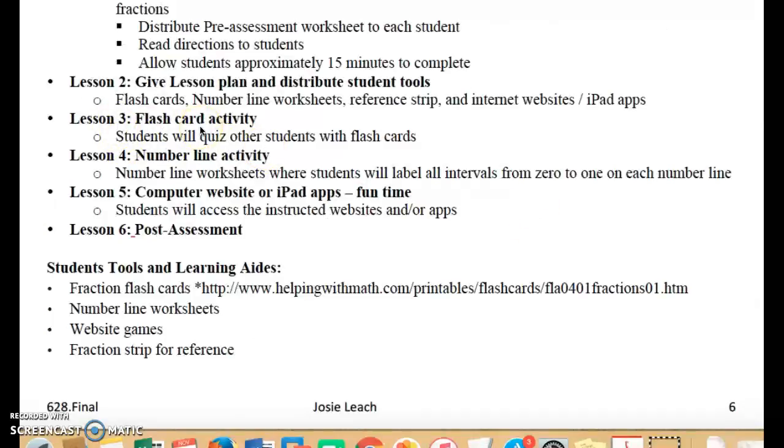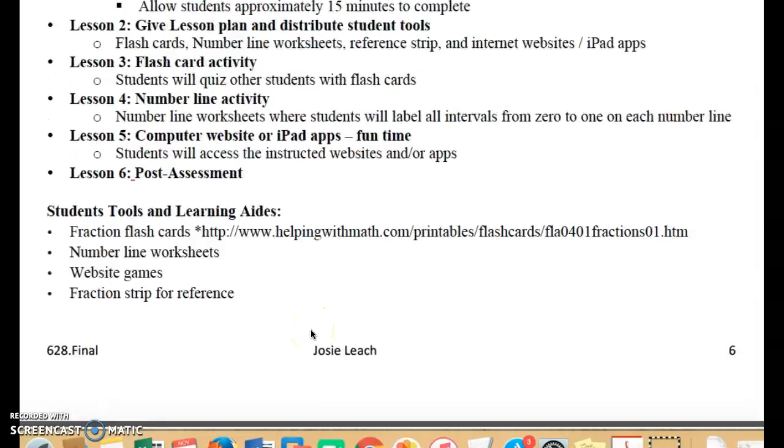Lesson 3, we would use the flashcards. I assume that we would give out flashcards or we would print them from this website right here. There's so many, I didn't include them on here. The number line activity, I did include that. You'll see that. And then the computer website and iPad apps, which I listed above. Students respond pretty well to those. And then a post-assessment test, which is the same test as the pre-test, just to look at what answers the student gave and how they grew during this